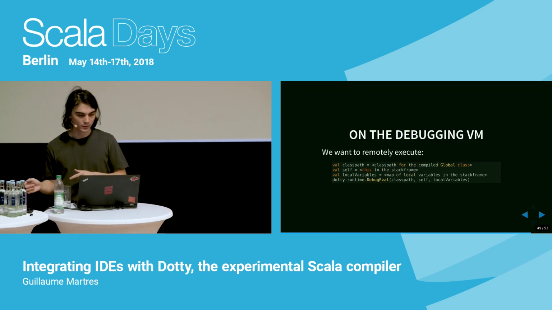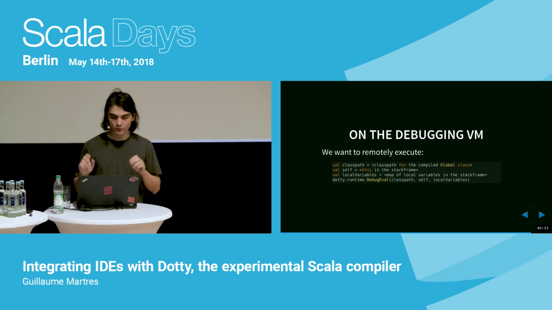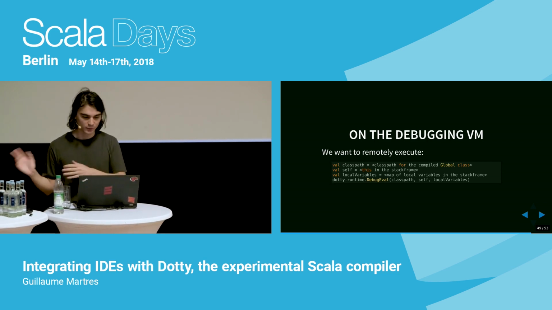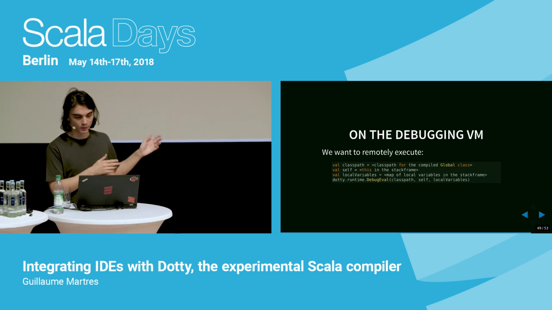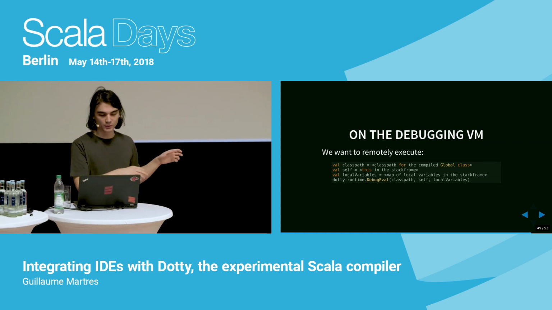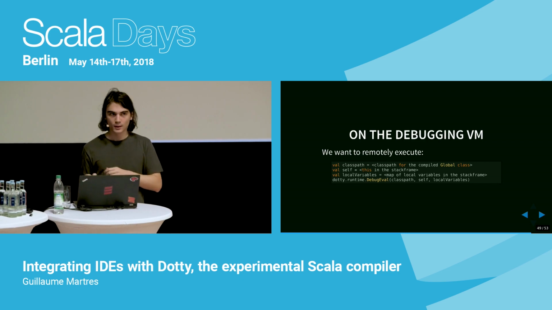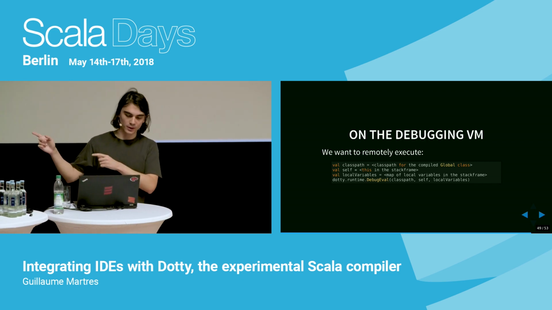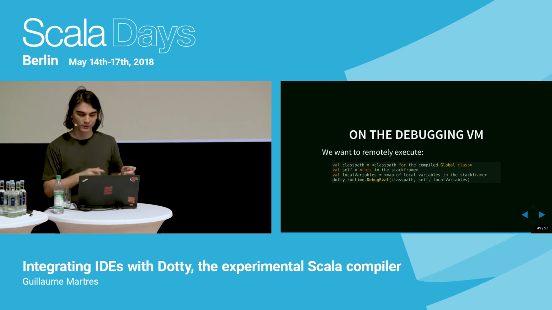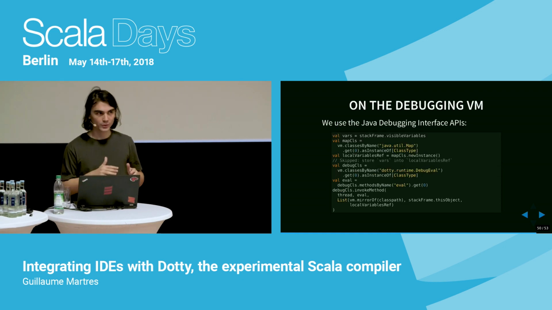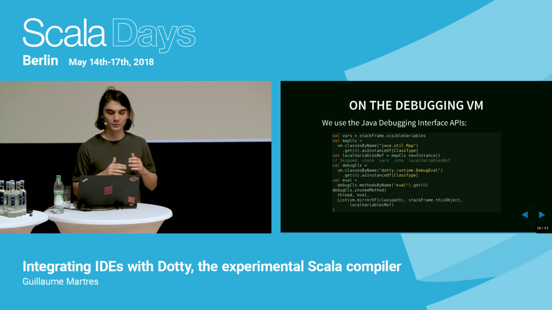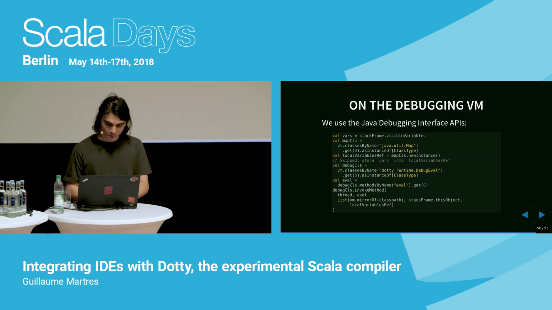Once we do that, on the debugging VM, basically all we have to do is find the class path for the global class we just created, find ourself and our list of local variables, and then do a remote call that sends to the remote VM and tells it to call this method with these parameters. And this is pretty horrible to do because the JDI API is really low level, but it's possible to do. And just to prove that it actually works,